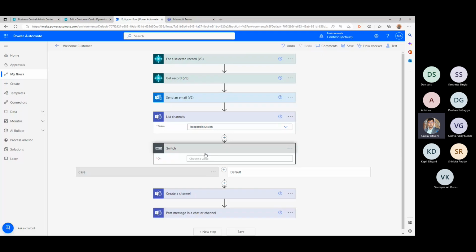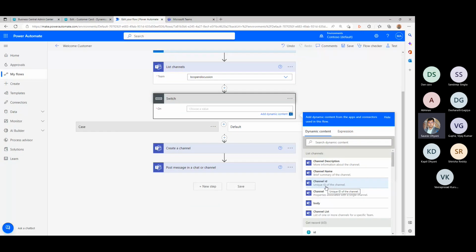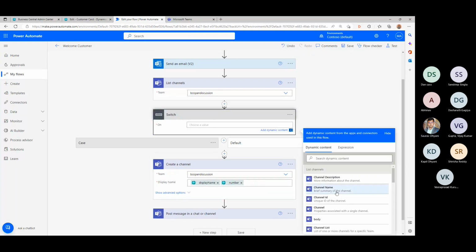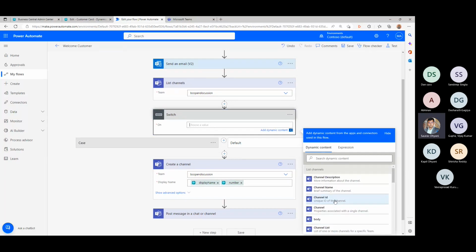And then my switch becomes that if the channel ID... no, what I'm giving here is the channel name or channel display name. No, it doesn't say channel ID, channel name.